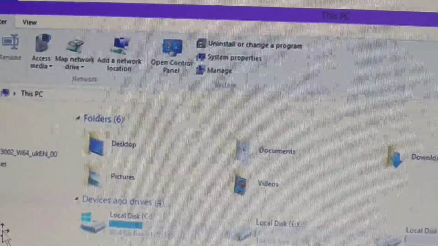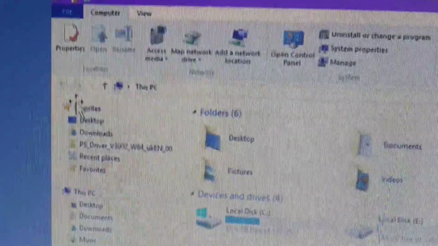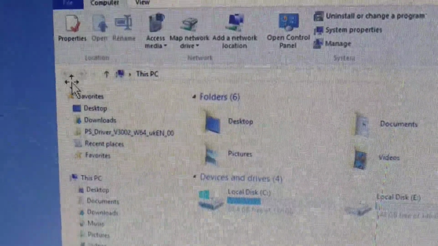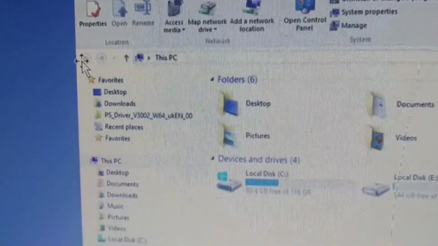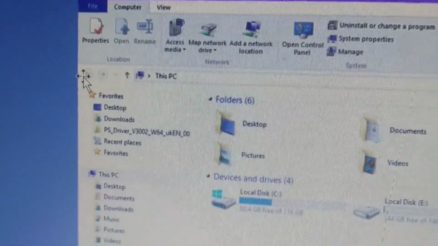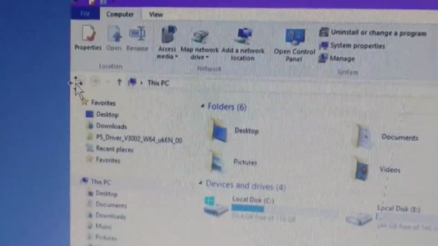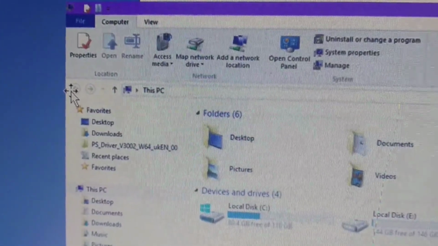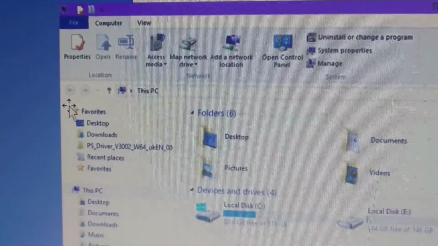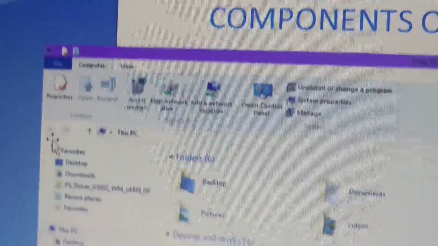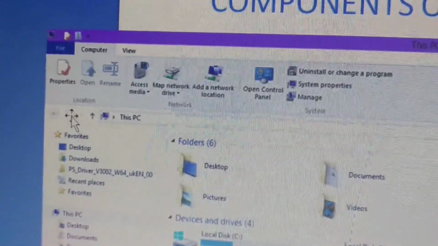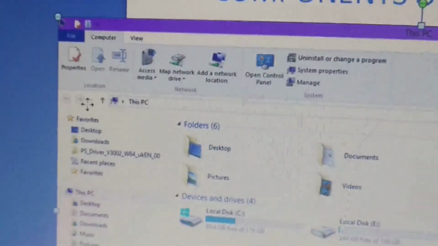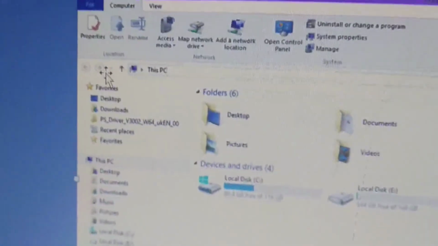we have discussed the minimize, maximize and restore buttons, and here you will see two buttons. This time they are not enabled, and when you are working in a window, they can be enabled and disabled. This is the back button. For example, you have opened a window and you are in the third step. If you want to go back to the previous step, you can click here on the back button. And similarly, if you want to go forward one more step, this is the button for that. This is known as the forward button.